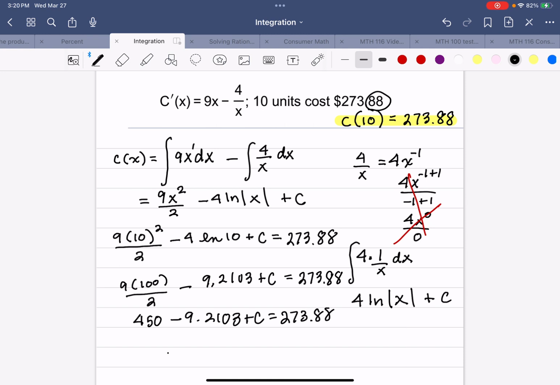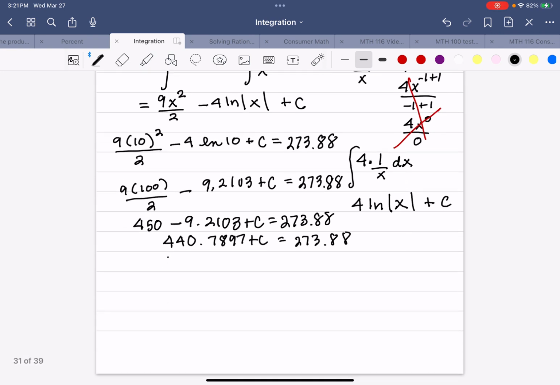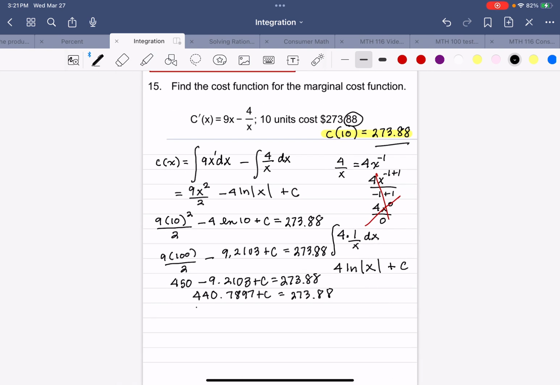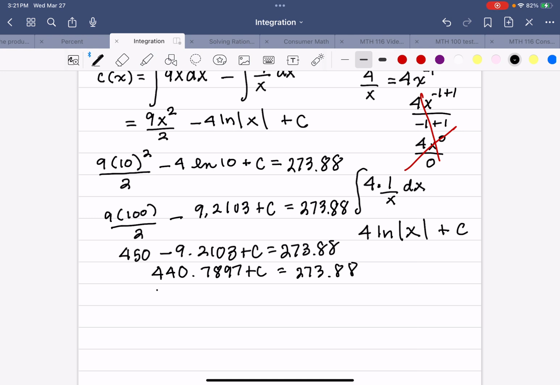So I'm going to combine my like terms, 450 minus 9.2103, that's 440, and to 4 decimal places, .7897, plus c is 273.88. So look, to solve this, c is not going to come out to 273.88. It's going to come out to, subtract 440.7897 from both sides,